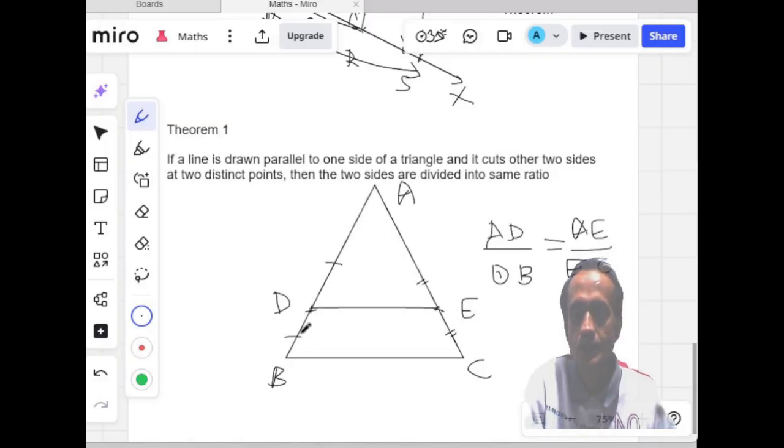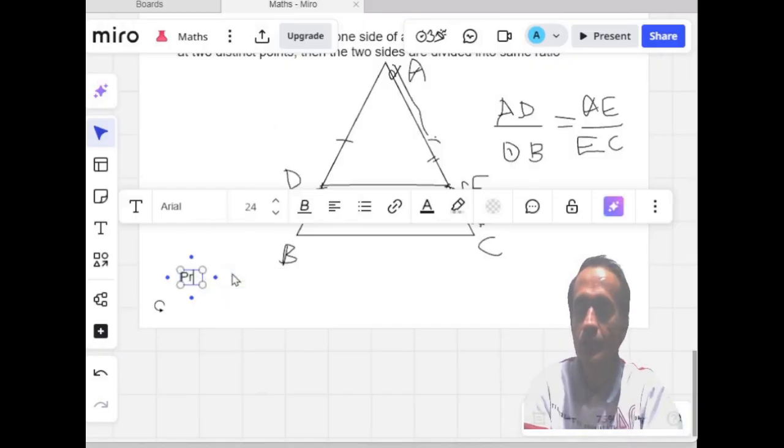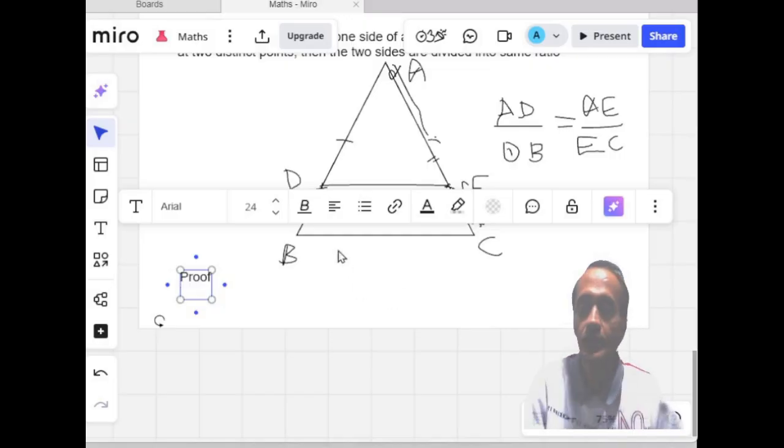This by this is equal to this by this, and it is given that this line is parallel to this line. So this is what this theorem states, but we need to prove